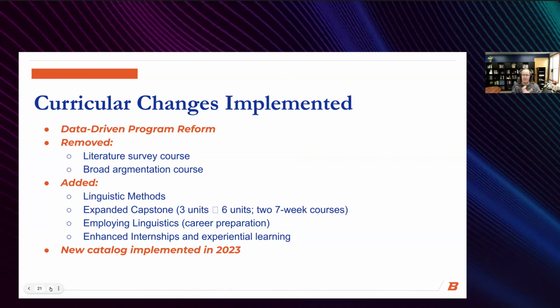That advanced methods course basically focuses on a single subdiscipline of linguistics. And that is a subdiscipline that they will be actually carrying out an experiment or a study in during their second 7 weeks, which is the capstone experience.